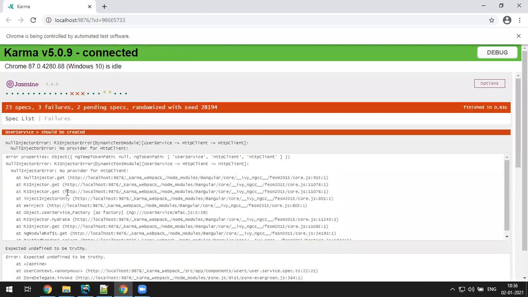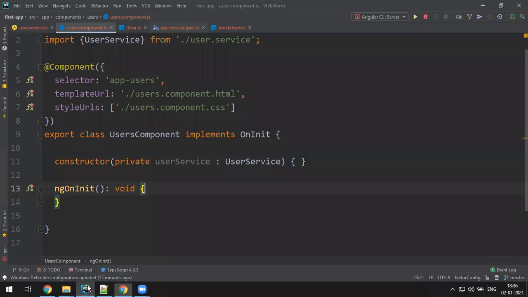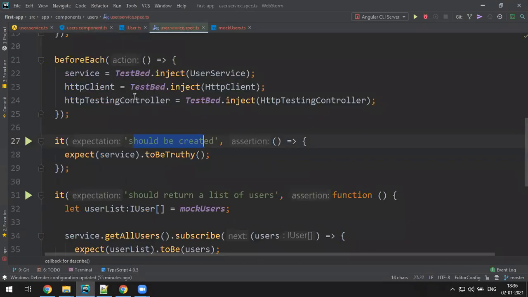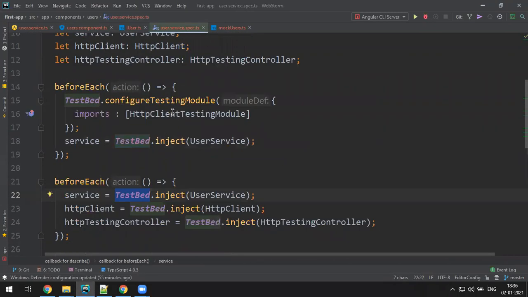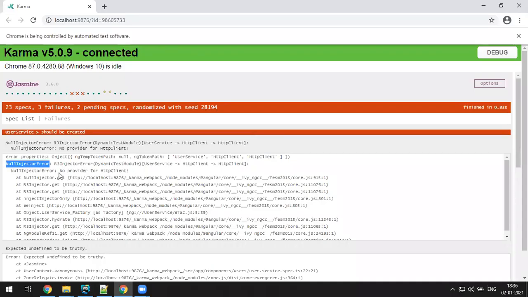Again. Okay, null injector error. So it's not getting injected properly. Somewhere, yeah, TestBed.inject. Maybe. Oh, got it. The problem is no provider. What does this mean?